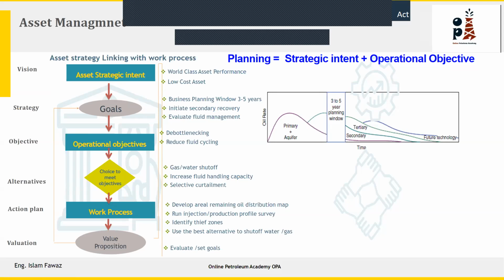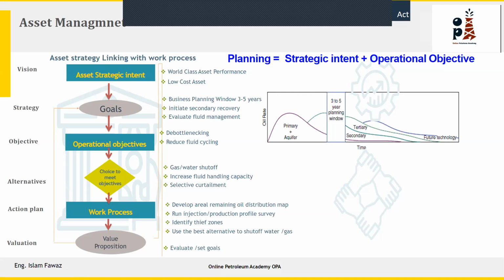We need to exploit the remaining reserves for the primary and start the secondary recovery for this field, drilling 4 or 5, 6 wells, and so on. These are the goals for the company. The goals can be translated into operational objectives. So our objective operation is debottlenecking